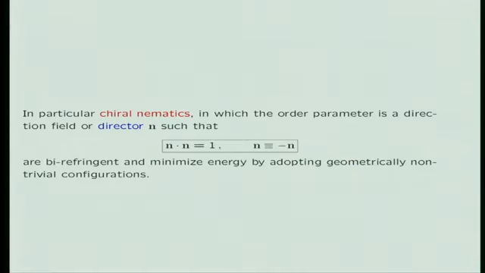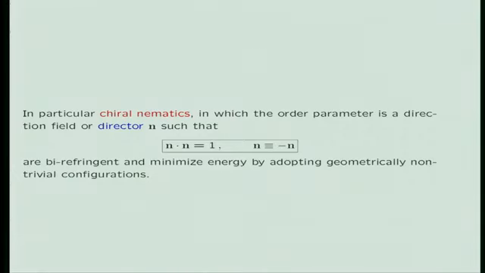Okay, well, for me, a chiral nematic will be something for which there's an order parameter, the director, a unit vector, such that n dot n is 1, and n is usually equivalent to minus n. In other words, it's a direction field without an arrow on it, though in some circumstances it may have an arrow. And as I'm sure everyone in the room knows, these can in principle be birefringent,